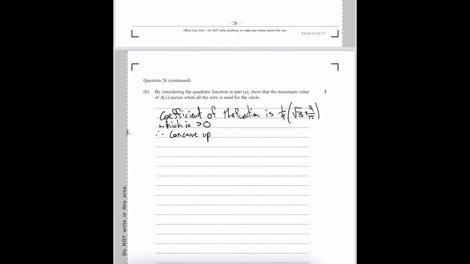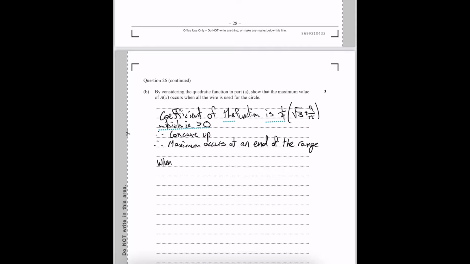So what does this even mean if it's concave up? If it's concave up, it means the maximum occurs at an end of the range. So the range of x values that it could take, it's going to occur at one of those maximum points. Now, if you think about what the maximum points could be, or what the ends of the range are,